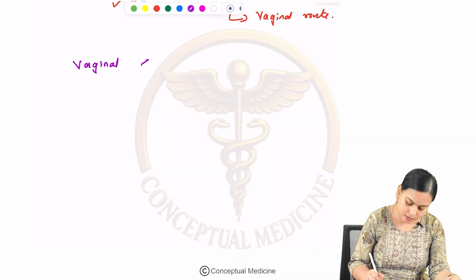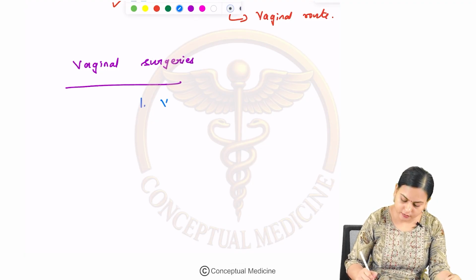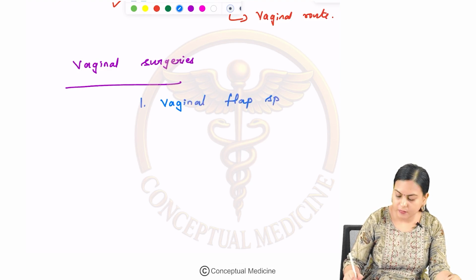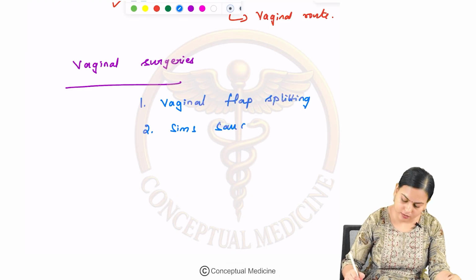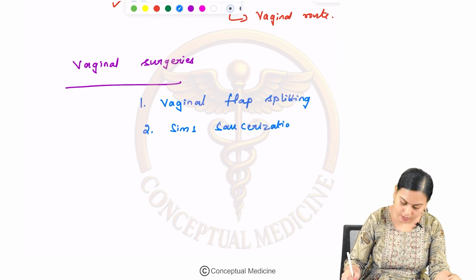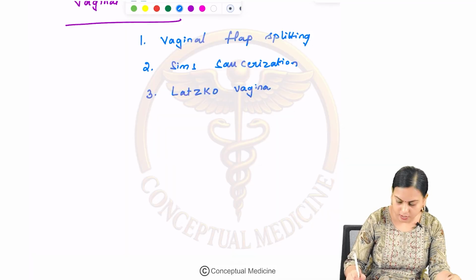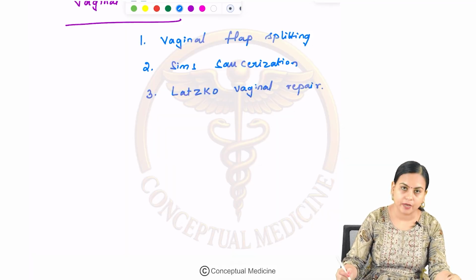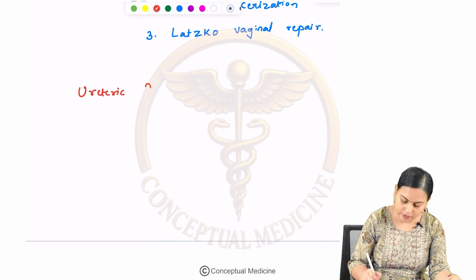Now, let's discuss the vaginal surgeries available. So, vaginal surgeries include vaginal flap splitting technique, then Sims saucerization technique, and then Latzko's vaginal repair. Okay. If there is a ureteric fistula,